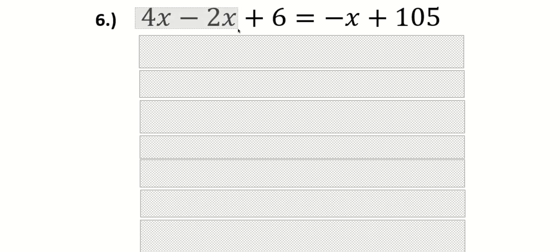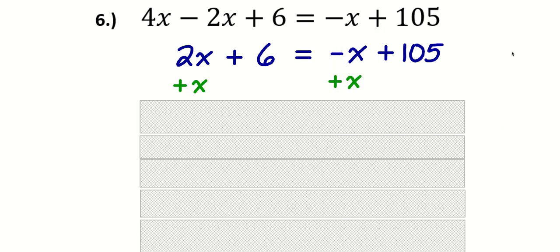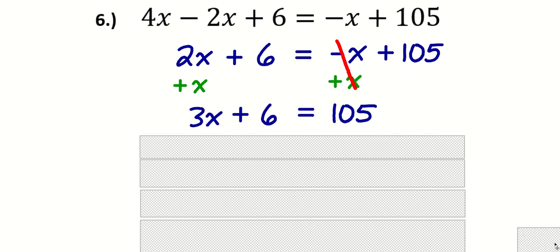Yep, right there. And then next, you should probably notice that we have an x here, x there. So we're going to add x to both sides, moving this over here to make 3x plus 6, and the right side is now just